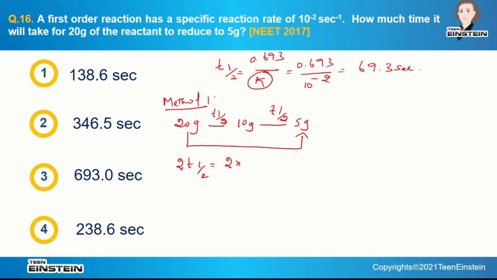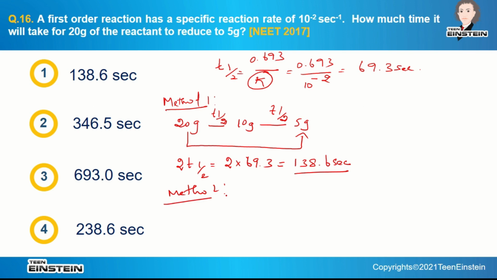69.3. So here 2 multiplied by 69.3 is 138.6 seconds. So this one is the first method to know the time that it will take for 20 gram to reduce to 5 gram. So the second method,